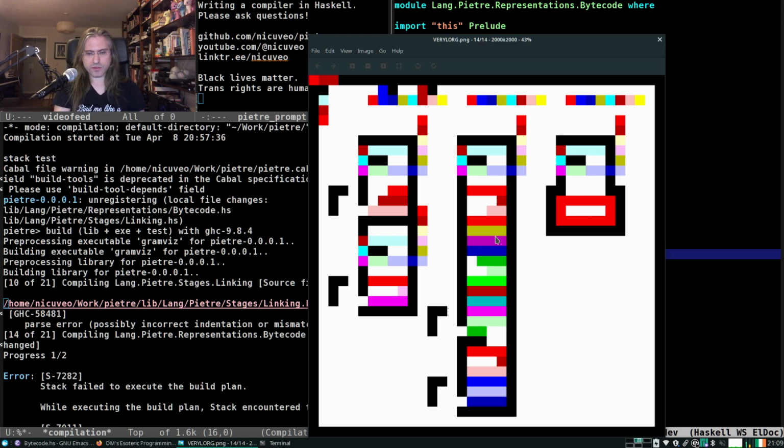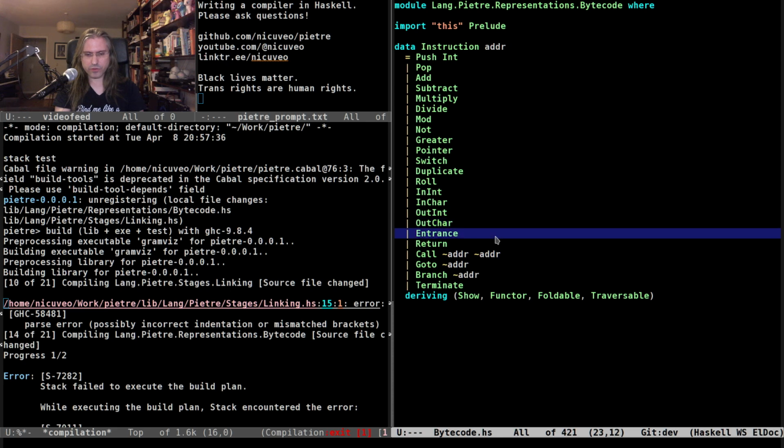So that means I need the entrance to also have an address. It needs to know what it is called, which I guess makes it a tiny bit easier. I don't have to worry about the entrance to a thing always being 0 of that function. I'm just going to trust the assembler to have mangled the names in such a way that this is always correct.